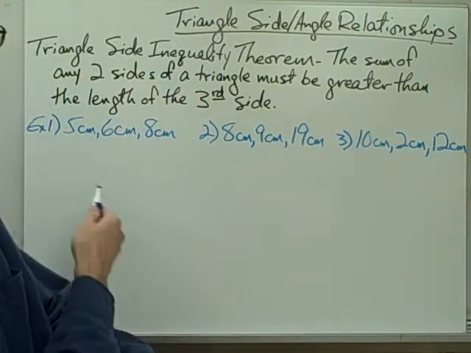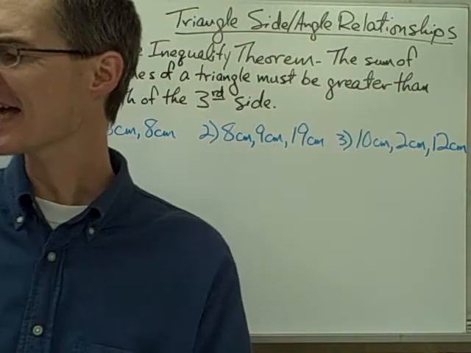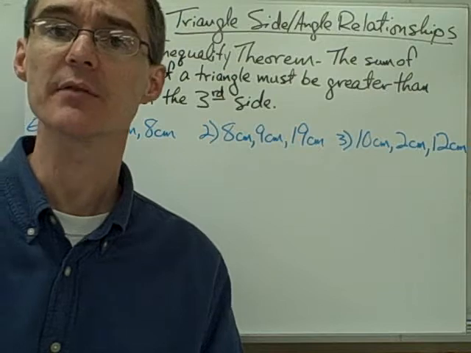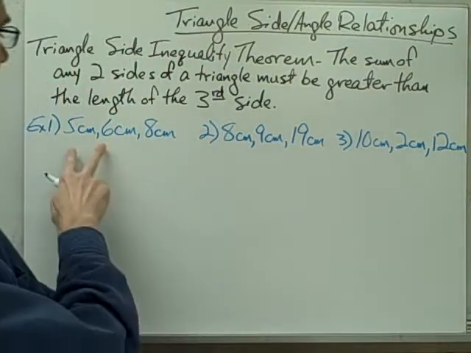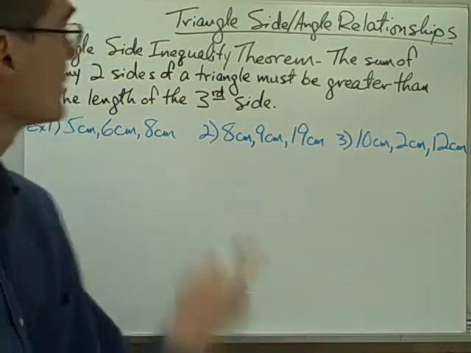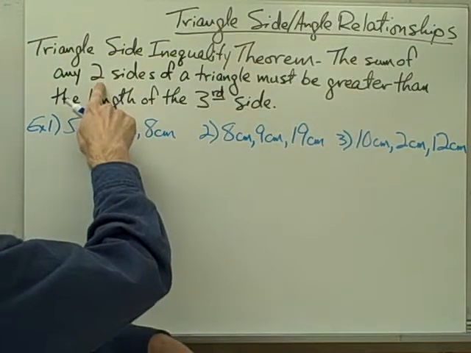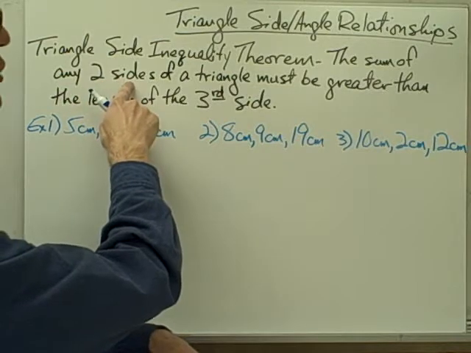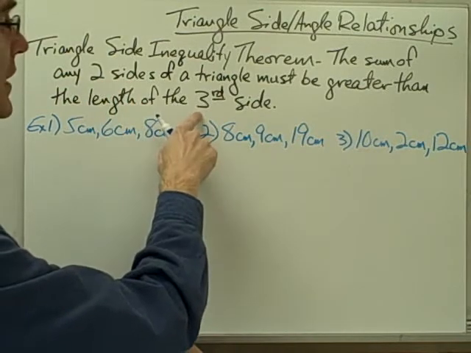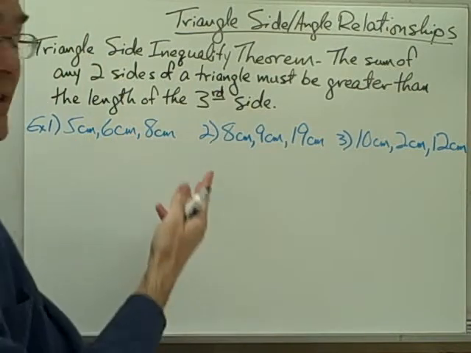So if we're given three lengths and we're asked, can these three lengths make up the sides of a triangle? Well, the way that we can determine that is we have to use our triangle side inequality theorem. According to the side inequality theorem, the sum of any two sides must be greater than the length of the third side. Well, let's add up each pair of two sides and see if it's greater than the length